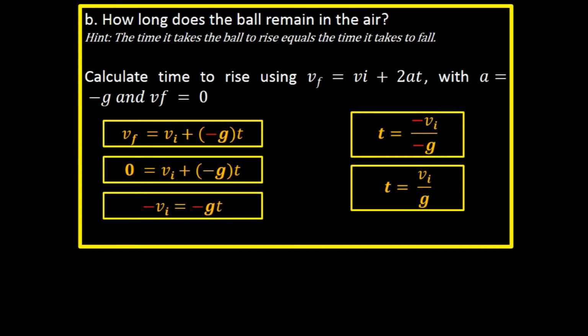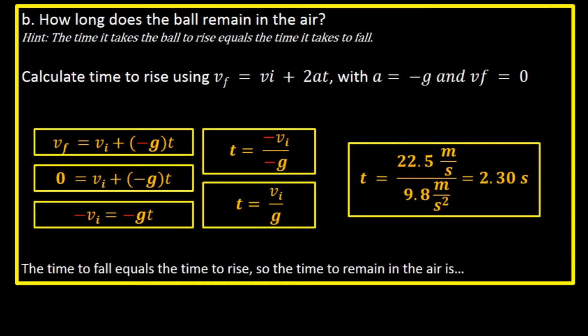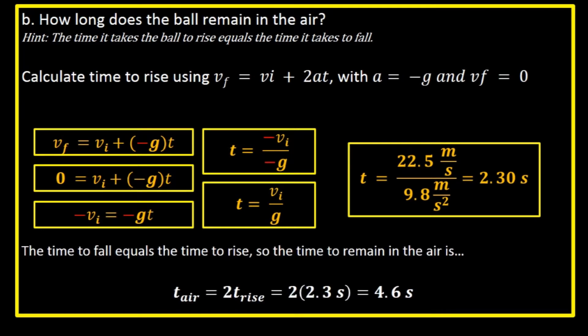We'll plug in the values, V naught and G, and when you do the calculations, you see very clearly and cleanly that it's 2.3 seconds. Now, be aware it's 2.3 seconds. The time to fall equals the time to rise, so the time to remain in the air, don't forget this, is 2 times 2.3, or 4.6 seconds. So the ball remains in the air